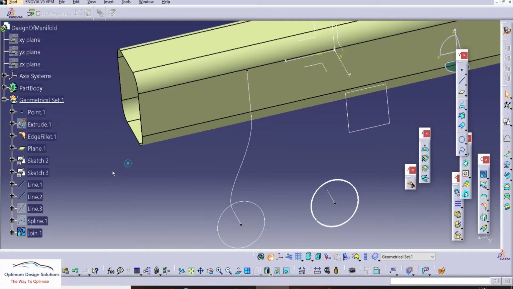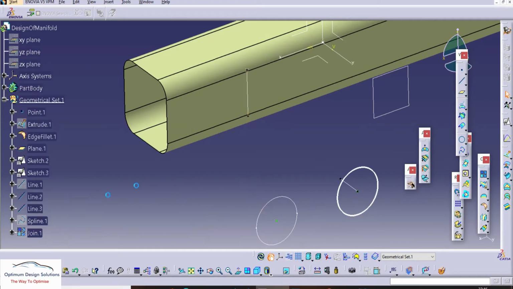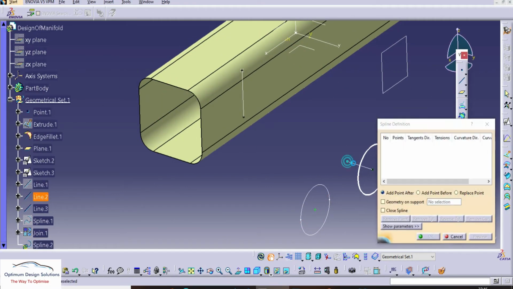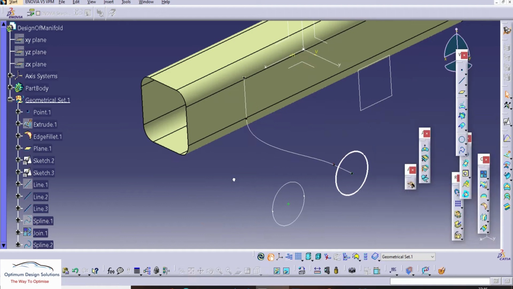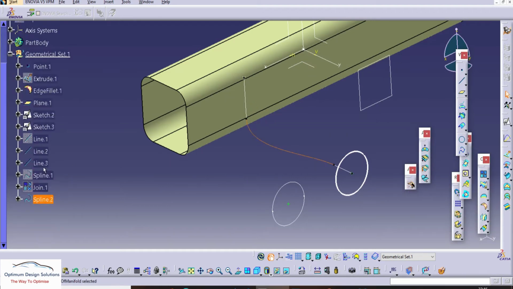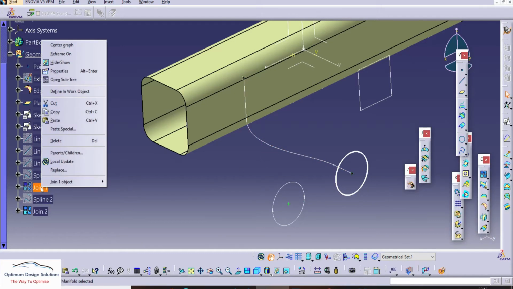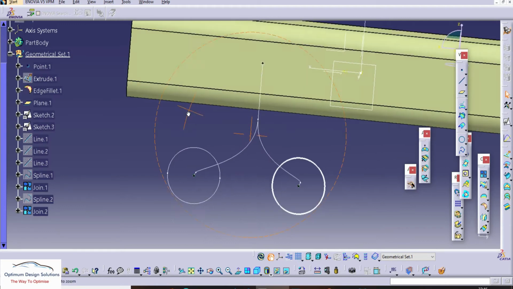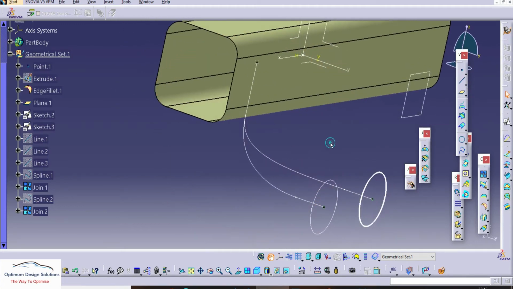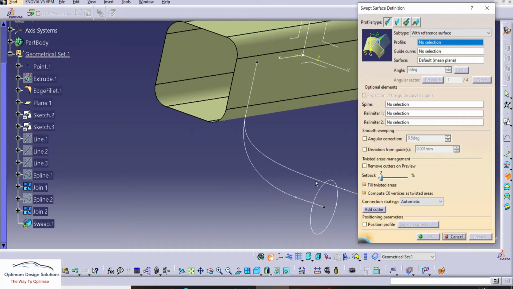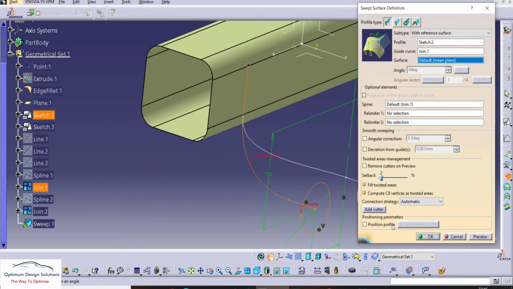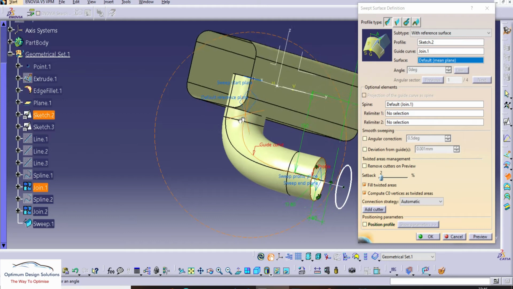Now the same guide curve for the right side circle also. So let's draw. Use the common line. Similarly, we can use the spline command here, and here the second guide curve is designed. First of all, we'll design the LH side circular parts, and after that we'll mirror it through the center plane. So here the sketch is completed. So let's use the sweep command, select the profile, select the guide curve. Here we got a solution.